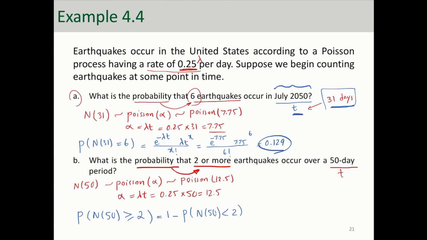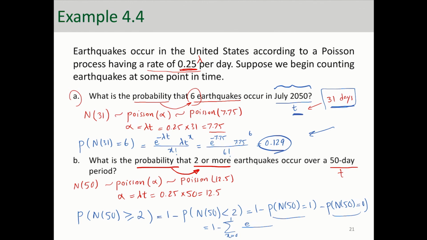So now all you need to do is to calculate N50 equals 0 and N50 equals 1, which is basically 1 minus the probability of N50 equals 1 minus the probability of N50 equals 0. So you're going to have to calculate these two the same way we calculate them here. And I'm just going to write it in terms of summation. So it's a summation over x from 0 to 1